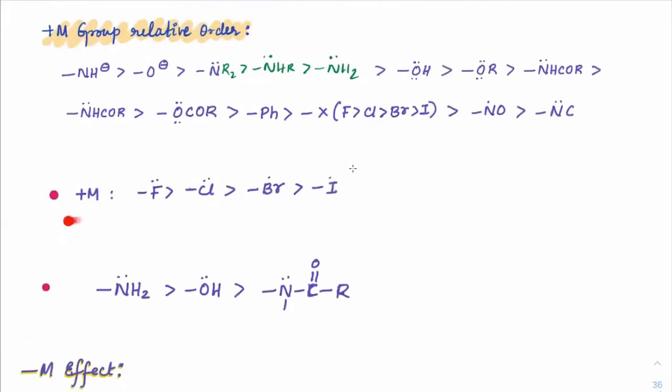So if you see the plus M effect, in the case of fluorine, when fluorine donates electrons to carbon, it is about 2p-2p pi bond formation. While chlorine donating means 3p-2p, bromine means 4p-2p, iodine means it is 5p-2p. So which will make a better bonding out of this? Fluorine will make better bonding. That's why plus M is more effective with fluorine as compared to chlorine, bromine and iodine.